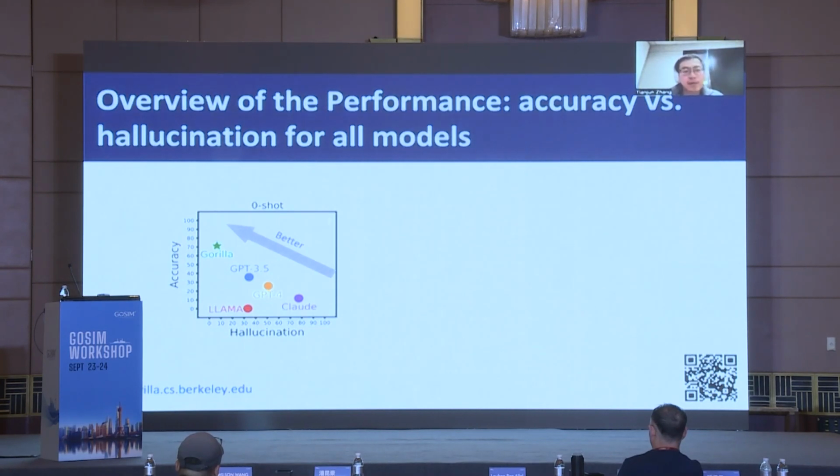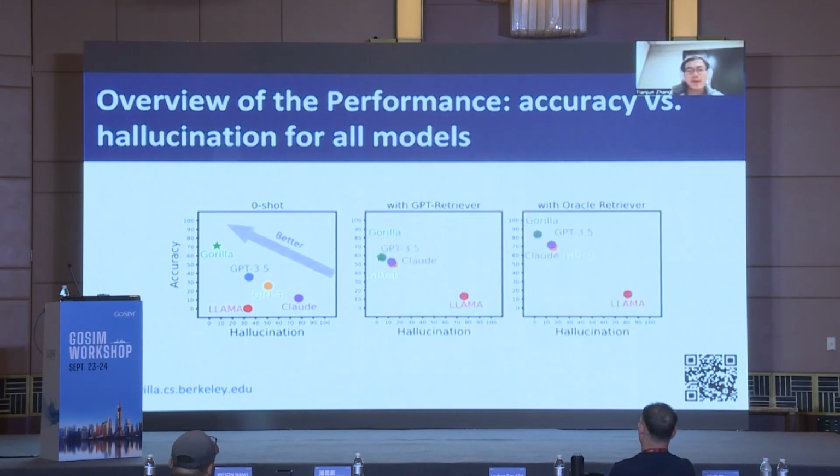This is actually understandable because GPT 3.5 and GPT-4 don't have that much context. A lot of the GitHub, for example, or the Hugging Face models are updated after the training of GPT-4 is finished. So they won't have access to those models and cannot generate them correctly. But on the other hand, Gorilla is fine-tuned on those datasets, so it has the knowledge and can actually do pretty well in the zero-shot setting.